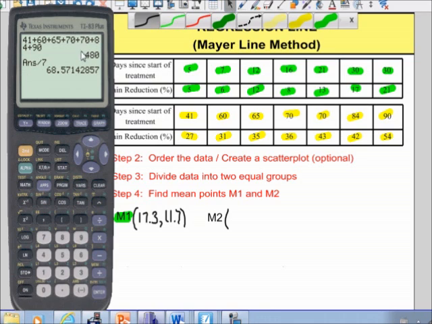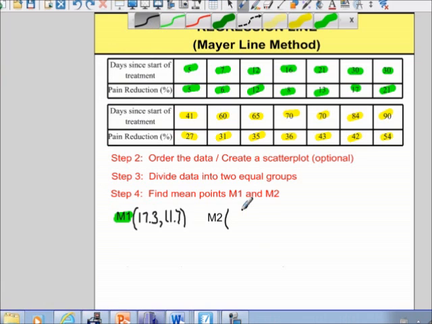Not particularly useful in this case because there's only a couple. But if you had maybe 5 or 6 70s, it might make more sense to put 70 times 5 rather than 70 plus 70 plus 70, and so on and so forth. So our value here is 68.57, and again we'll just go to one decimal. So 68.6 is our average x-coordinate for the top group,